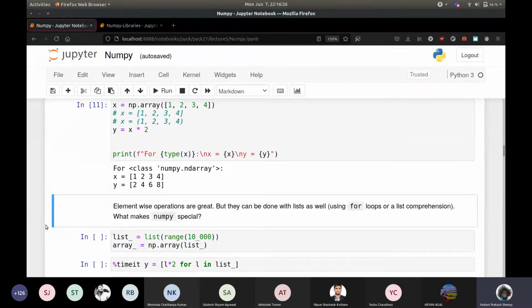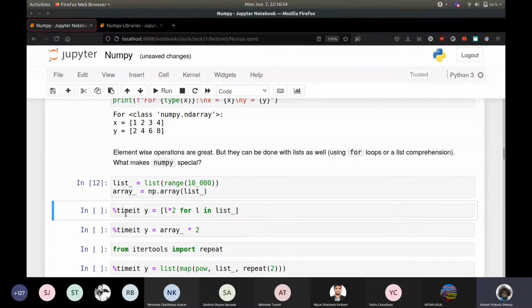But this can be done with lists as well. I mean, you can just write a for loop or a list comprehension, right? The difference is, and you may be seeing this for the first time, don't be alarmed, is just running this code many times and then looking at how much time each run takes.